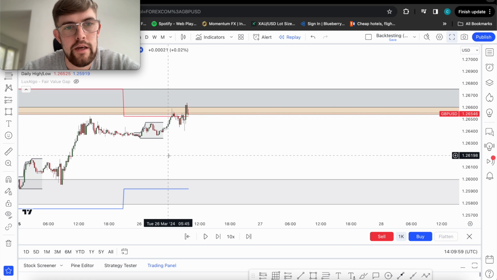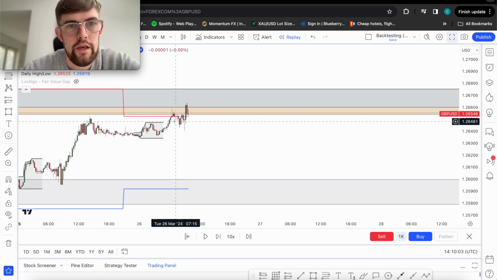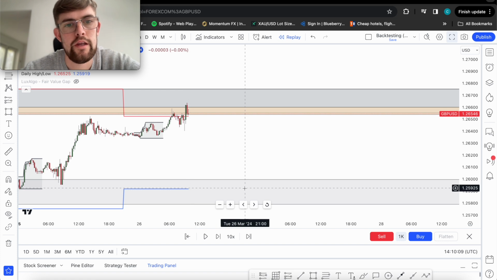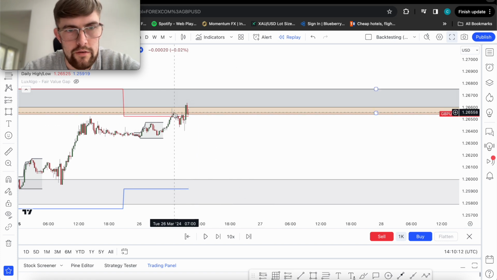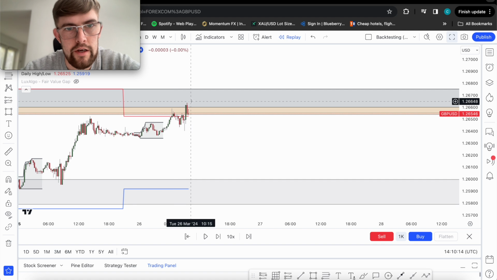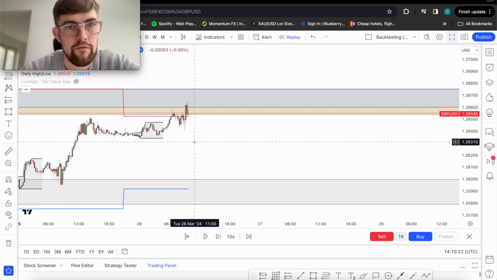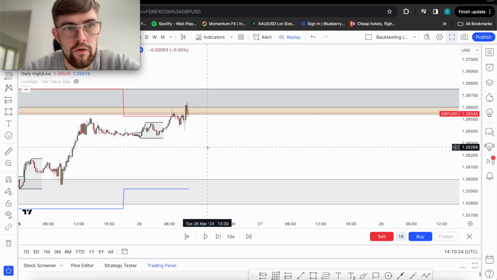This just basically helps me stack another confluence that there's going to be liquidity resting above the previous daily high and below the previous daily low. So when I'm looking for sells, if we have a few zones here where we can sell from, and we've got this previous daily high in line with us, then that is plenty of confluence to look for an opportunity